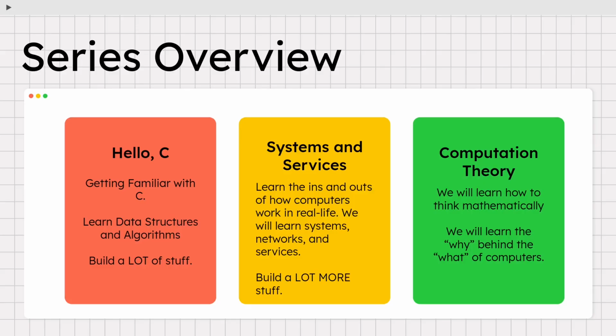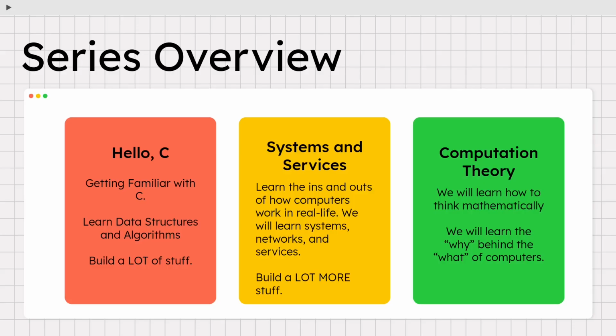So in the first part of this series, we're going to learn our beautiful programming language C. Now I picked C because C is incredibly difficult and incredibly simple at the exact same time. We're going to get familiar with C, we're going to learn the data structures and the algorithms, and we're going to build a ton of stuff. After that, we're going to learn systems and services. We're going to learn how the computer actually works, how it was written and designed, and the theory behind its design. We're going to learn all the ins and outs of our computer,